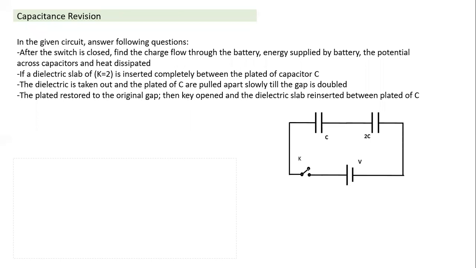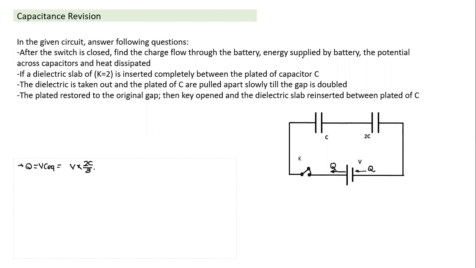So when I close the switch here, what is the charge flow through the battery? How do we calculate charge flow? First part, charge flow Q is equal to V into C equivalent. That's the charge which will flow from the battery. We can think of this charge: on one side this much charge is going out, and on the other side the same charge is coming in. So we can easily calculate the charge flow. Charge flow will be equal to V into C equivalent, which in this case is 2C by 3. That's the charge which will flow through the battery. Correct, we have done that one.